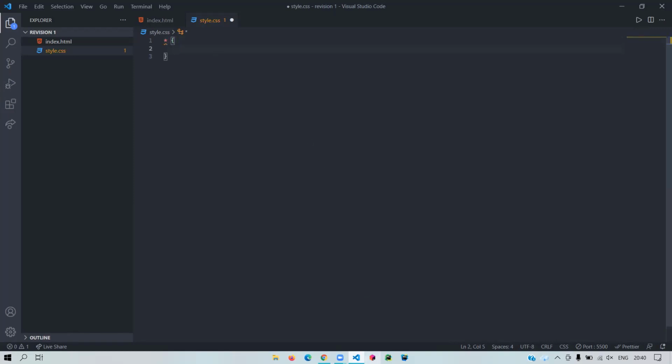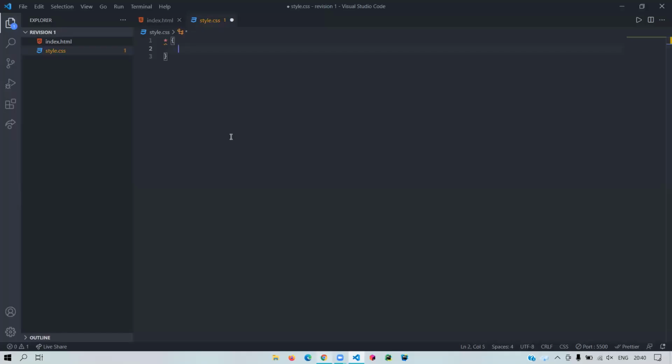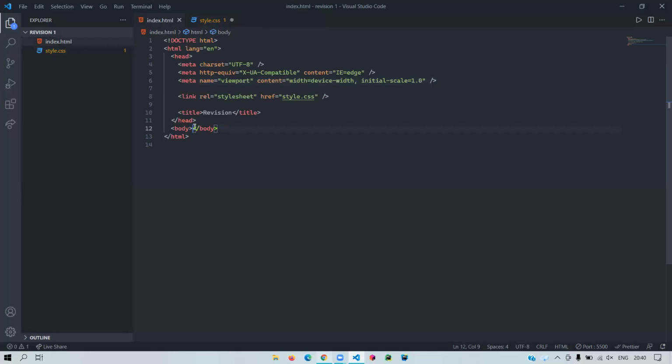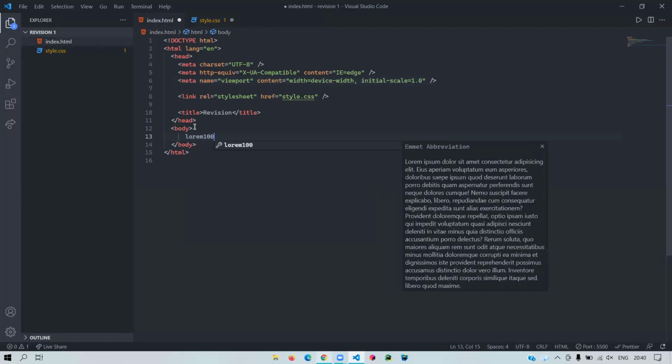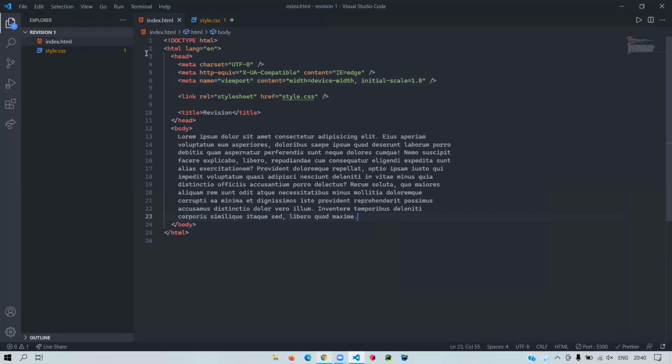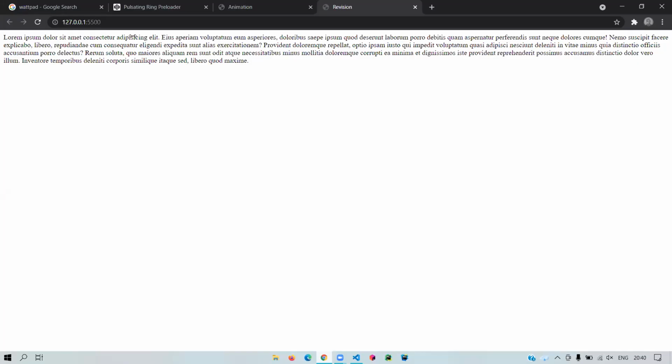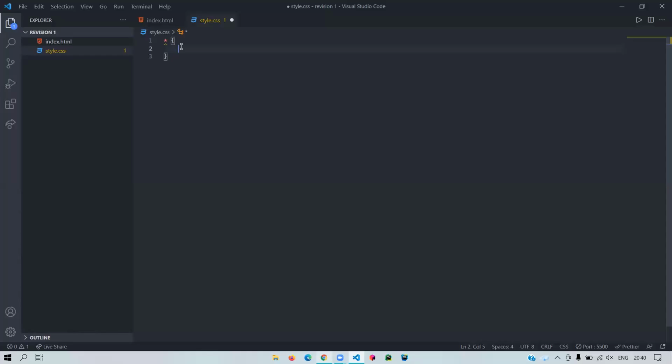We know that certain browsers have a user agent style sheet, right? The purpose of a user agent style sheet is that it basically tells the browser how to style elements by default. Let's say I have this, and if I check this, you can see there's a certain amount of padding here, right? But let's say I don't want that, so I can change it here. These presets are applied to each and every element. Now you can use a reset style sheet, but let's say you don't want to, then you can just use this.